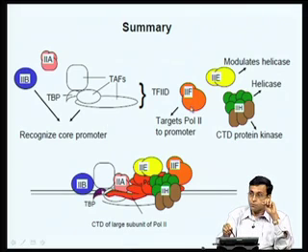Now, the job of TFIIF is to target the RNA polymerase to this DAB complex which is formed. Once the RNA polymerase-TFIIF complex comes and binds here, then TFIIH, which itself consists of a multi subunit complex, comes and joins the party. TFIIH has two major activities, namely a helicase activity, and TFIIE modulates the helicase activity.